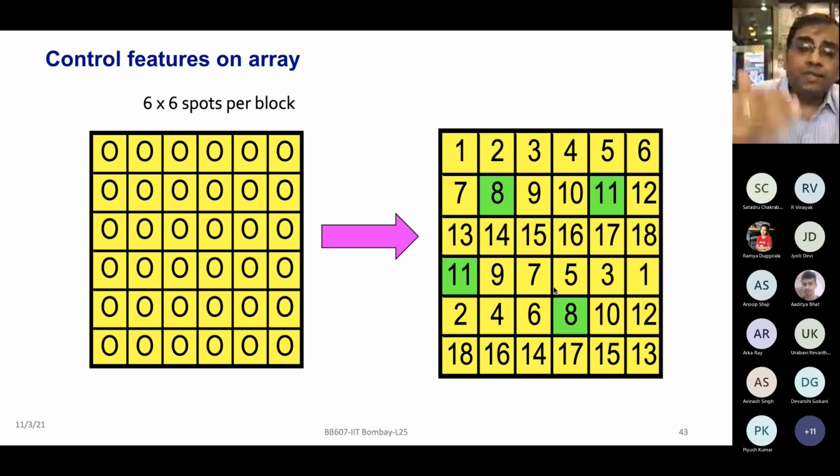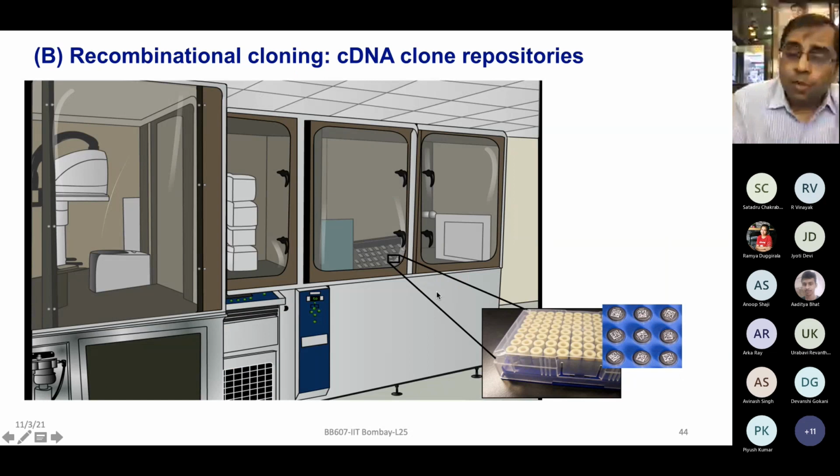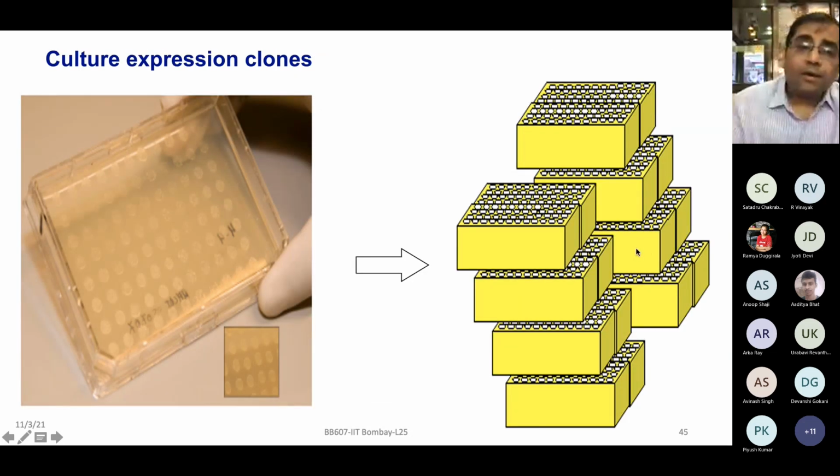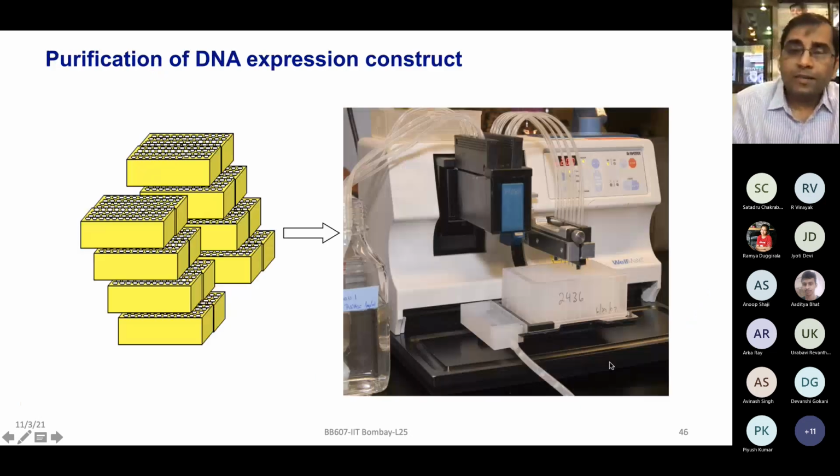Then you will give this instruction to the software, what kind of parameters you would like to utilize for the printing. Again, spot 8 will be in diagonal like this, spot 11 will be diagonal like that. And then you are selecting the clones of interest, as I showed you in the gene bank. You are culturing those expression clones on these LB agar plates. Everything is automated. Everything can be done in just a couple of minutes. Thousands of things can be screened.